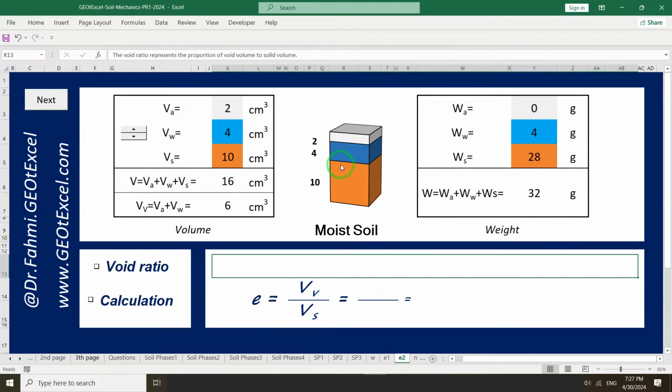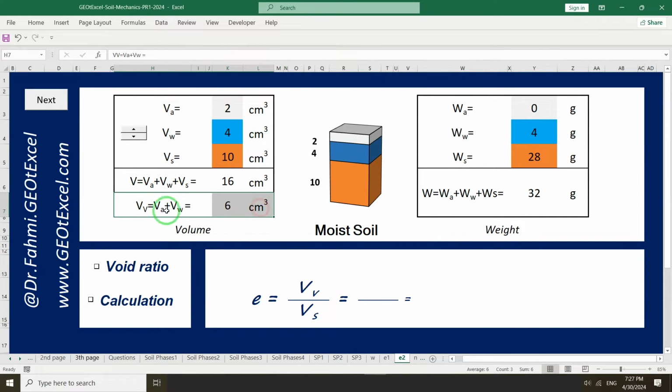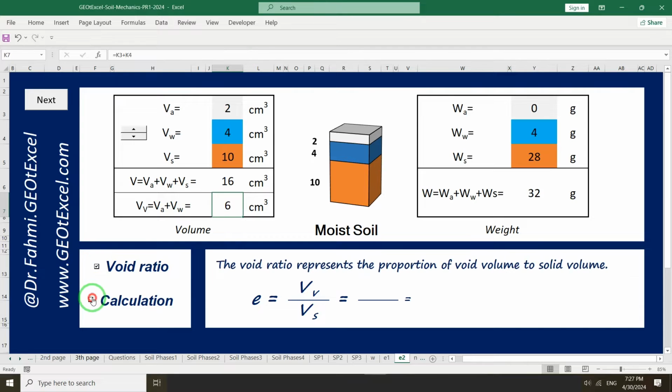In other example, void volume is equal to 6 cubic centimeter. In this example, calculation: e equals 6 over 10. e equals